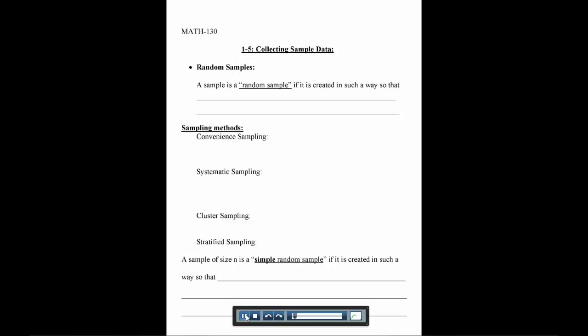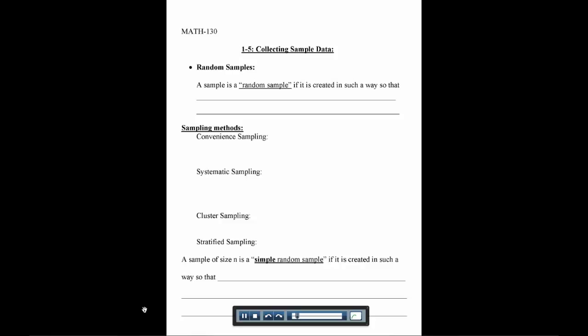In section 1.5, we want to talk about if you were doing some sort of study, how you would want to collect the data. And we always want to talk about random samples, but there's actually different ways to get some random sample. So a true random sample